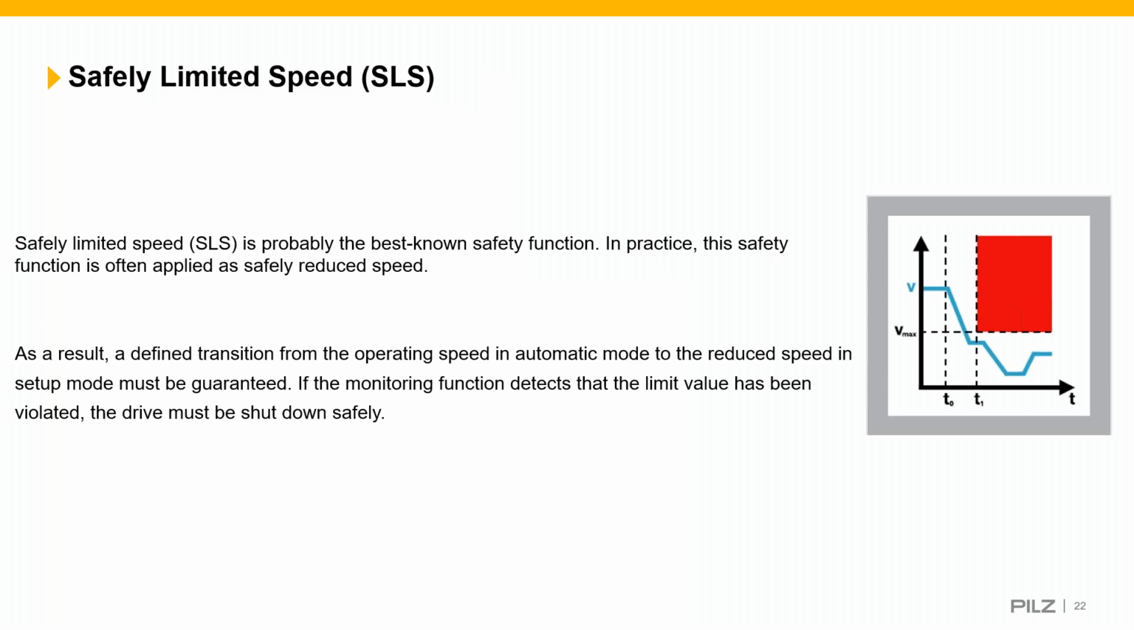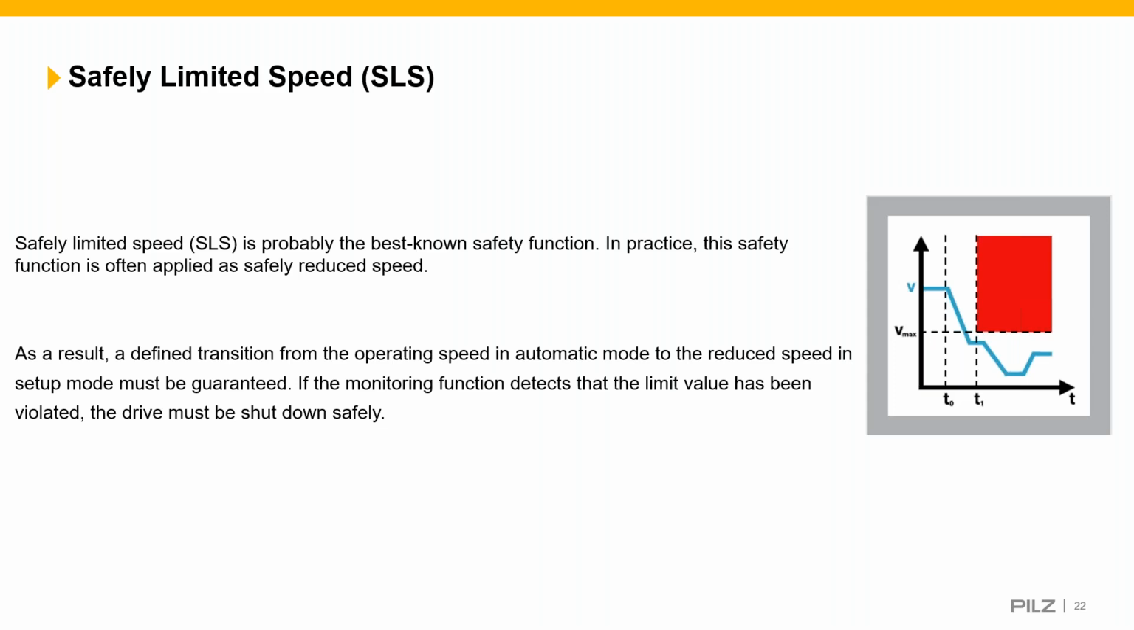So we'll look at safe limited speed. Safe limited speed is probably the one that you have all heard of, quite commonly used. Again, in practice, this safety function is often applied as safely reduced speed. As a result, a defined transition from the operating speed in automatic mode to the reduced speed in setup mode